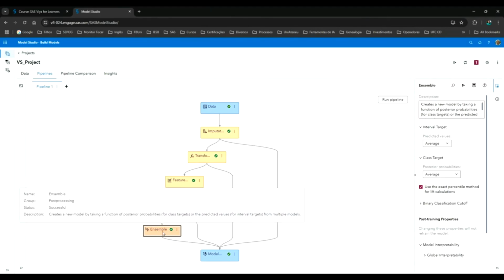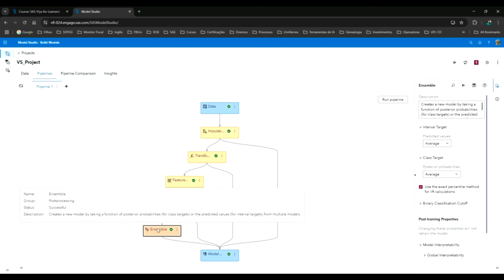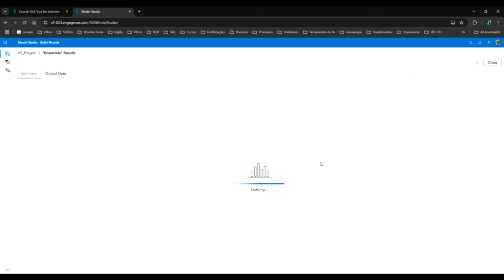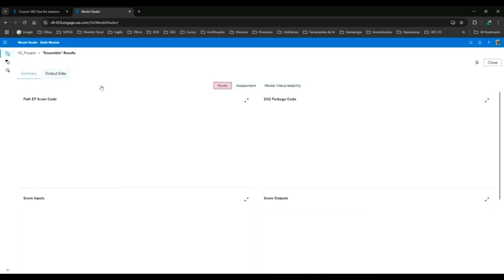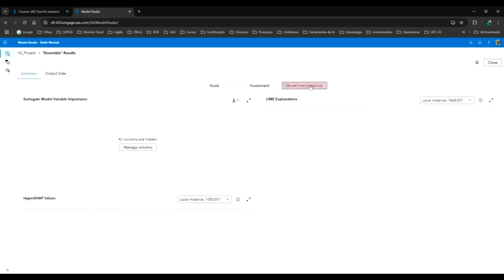The ensemble node may make a bypass around any transformation along the path. And when we look at its results, look at the magic.